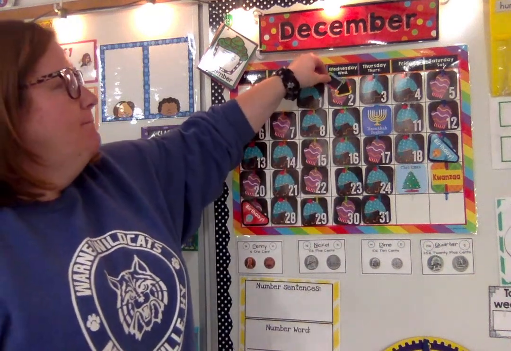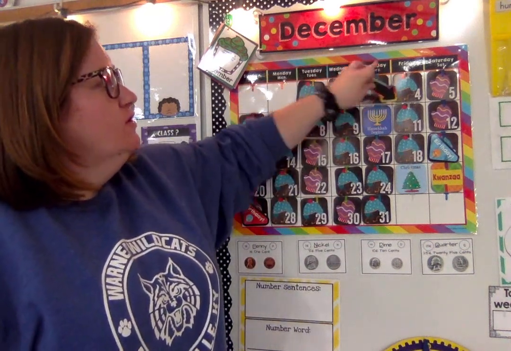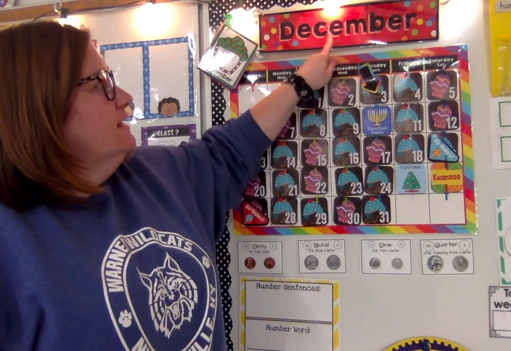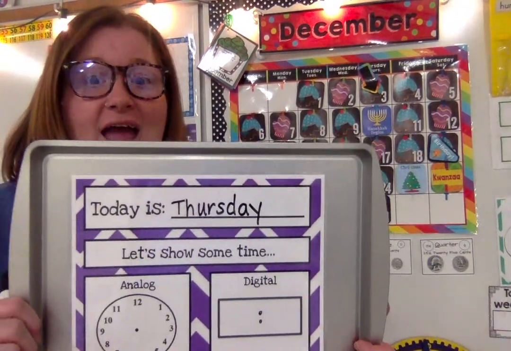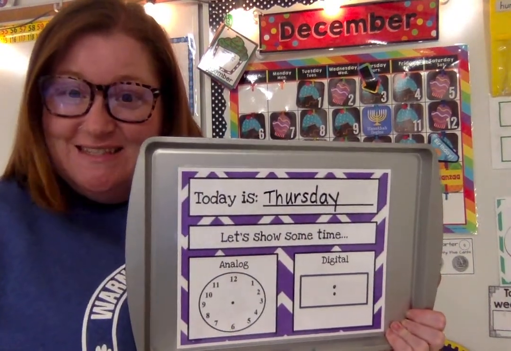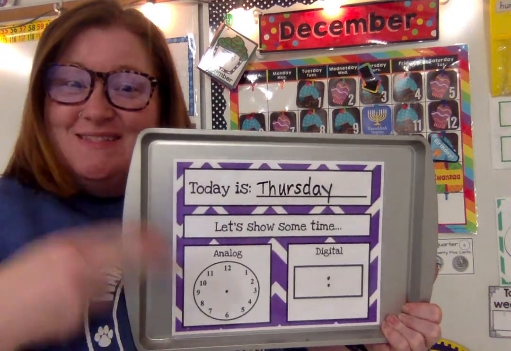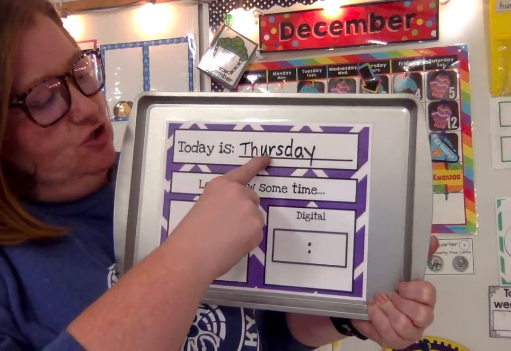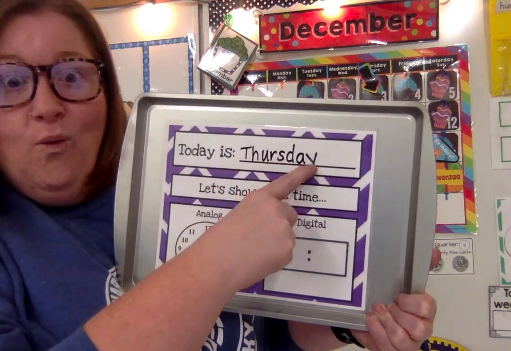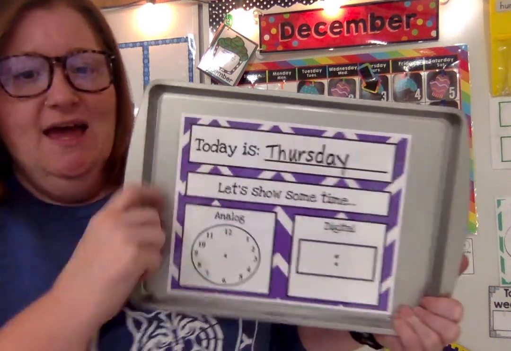Happy Thursday. Welcome back to Calendar Time. It is Thursday. We're going to hop our arrow over to Thursday. We are in December. It is Thursday, December the 3rd today. Thursday, December the 3rd. Thursday. What does that spell? Thursday. There's that digraph. Thursday. Thursday. It is